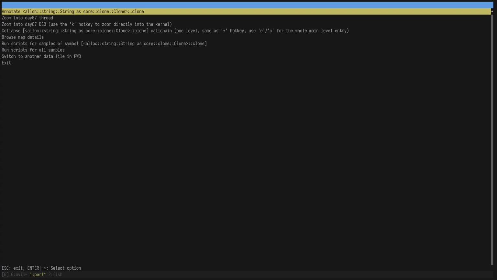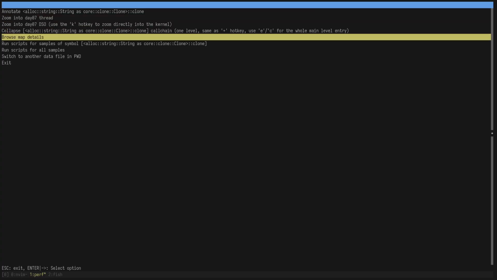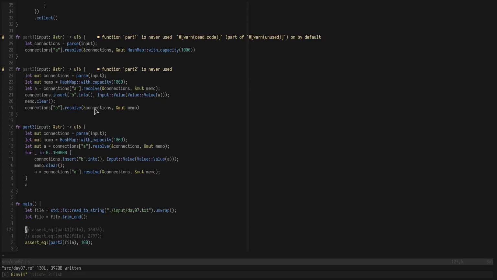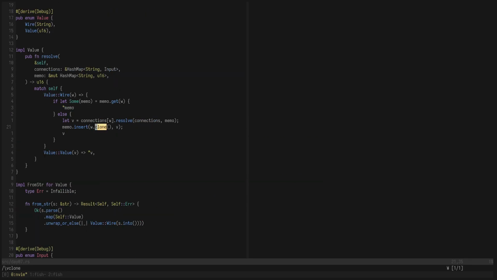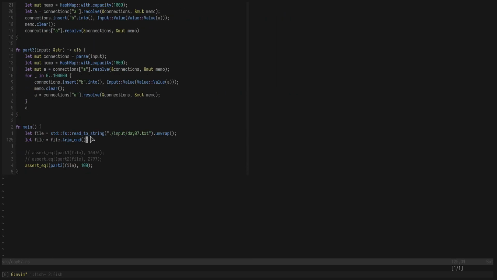Where are we doing this string cloning? I don't know where we're actually doing this cloning, but that cloning is also taking up some time. So let's see, clone. When we insert, we clone. That's unavoidable, I think. Or when we insert into the memo, we clone. I say that's unavoidable. That's actually wrong. You know what I think we can do? I think it's okay to say leak on this,